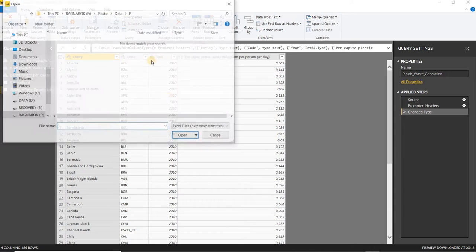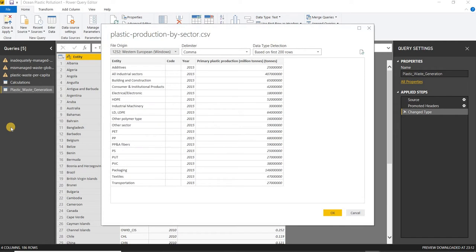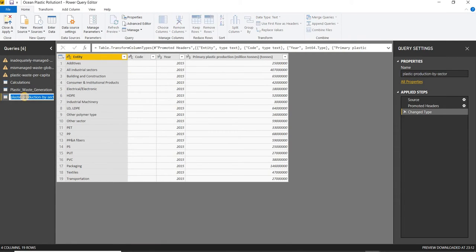Now if I take the Excel sheet and the other one, plastic production by sector, I will again remove the word plastic from here and simply use production by sector. That will keep my data view and the data sets we work on in the next couple of minutes clear and concise.